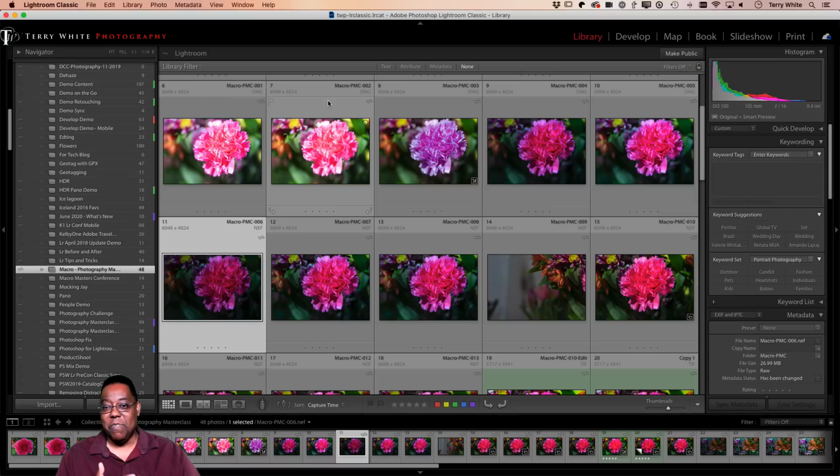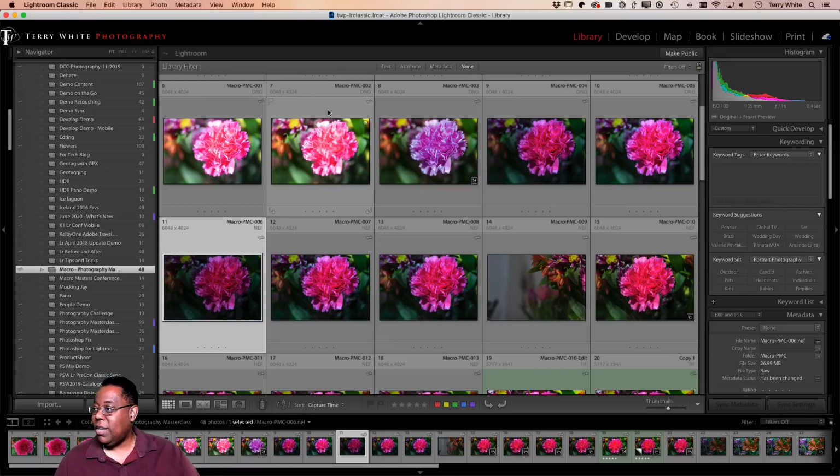So therefore, if I convert to DNG, I never have to worry about it because it's an open standard, from the standpoint that anyone can read and write to it. So anyone can create an application, even if Adobe went away, that would always be able to open up a DNG file. That's not going to be guaranteed for all your proprietary formats that are out there. All right, so convert to DNG after the fact.